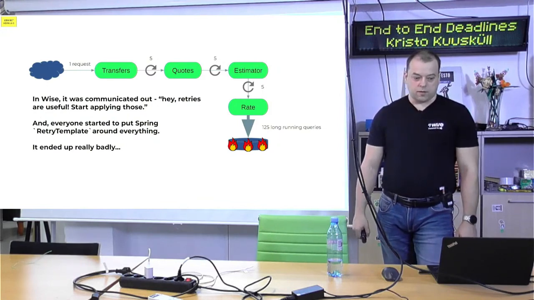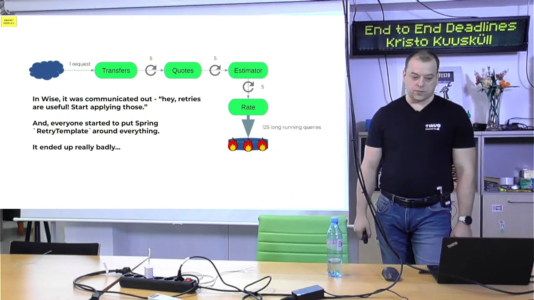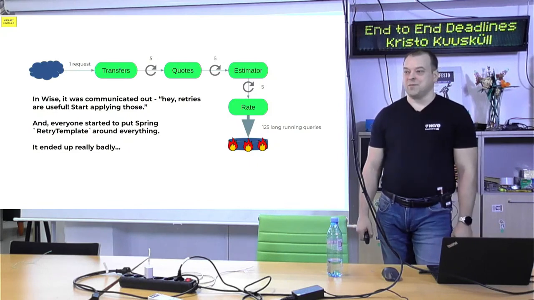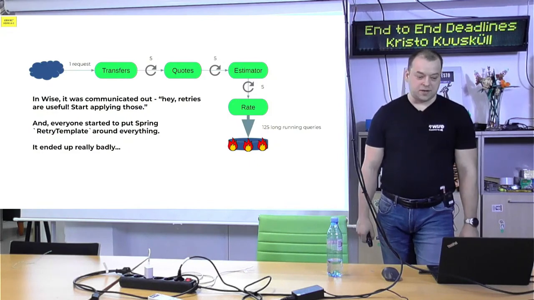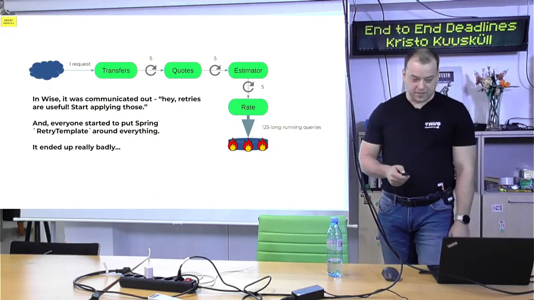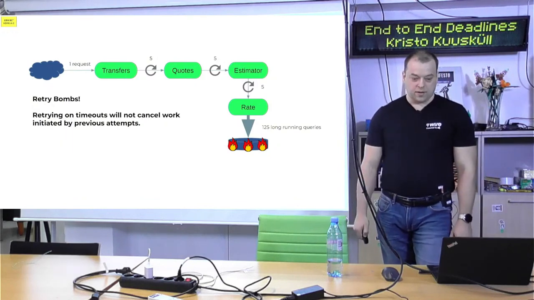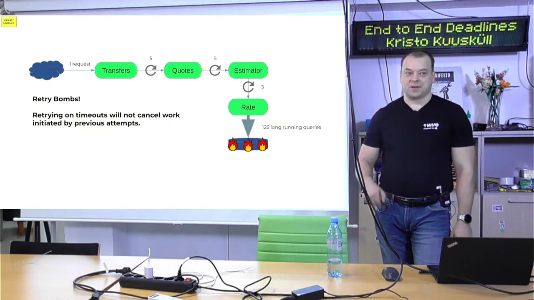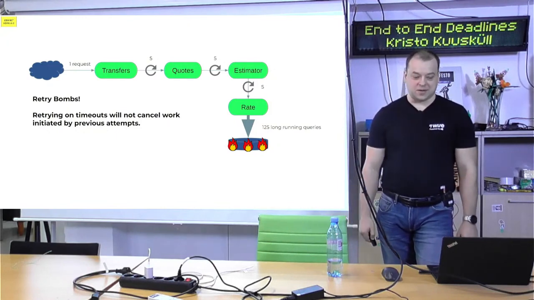And now we panicked. We started to take out all the retries from code, sending Slack messages saying don't do retries, it's really bad. But we saw retries are actually useful, right? So what could we do about that? We defined a name as well. I don't know if other companies are using it, but we started to call those retry bombs, retries bombing the resources underneath.